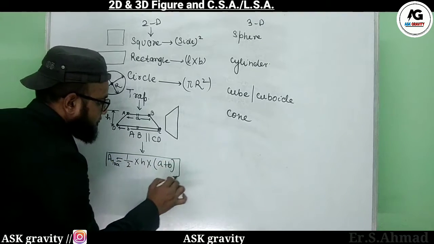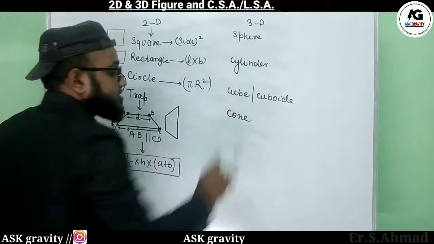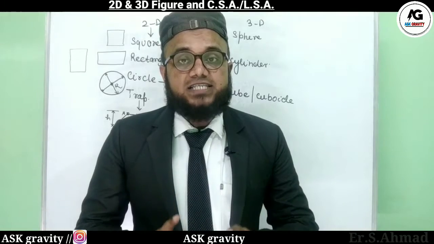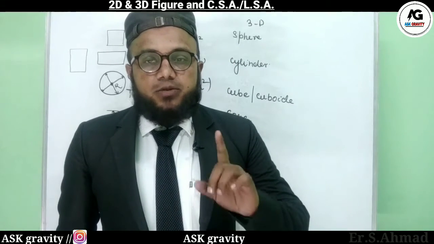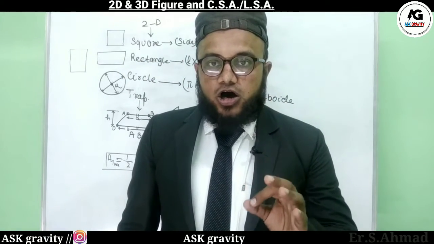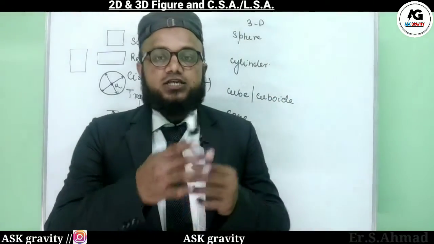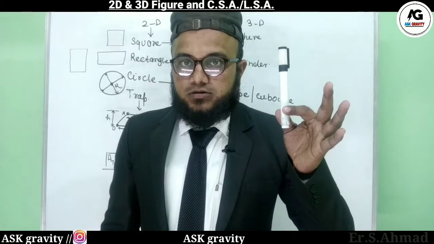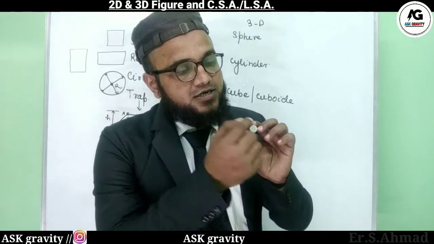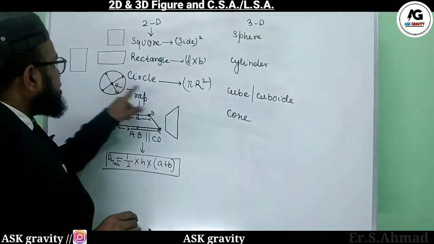When the question is based on a three-dimensional figure, we have to read very carefully, because it may ask about the curved surface area or the base area. Remember, when finding the base area of a cylinder, like this marker, we have to calculate the base area. The base is a circle like this, and the area of the circle is pi r squared.